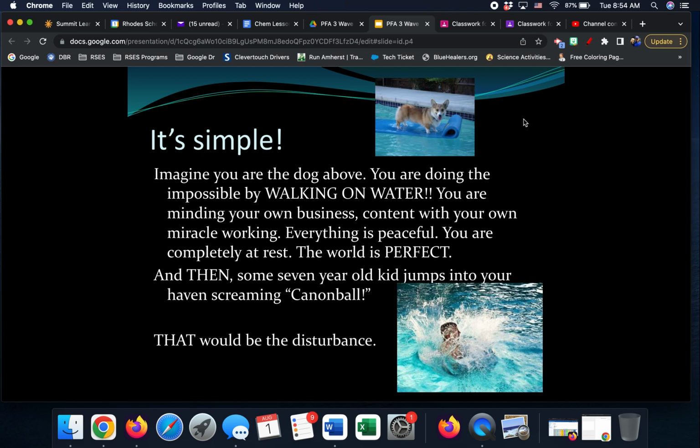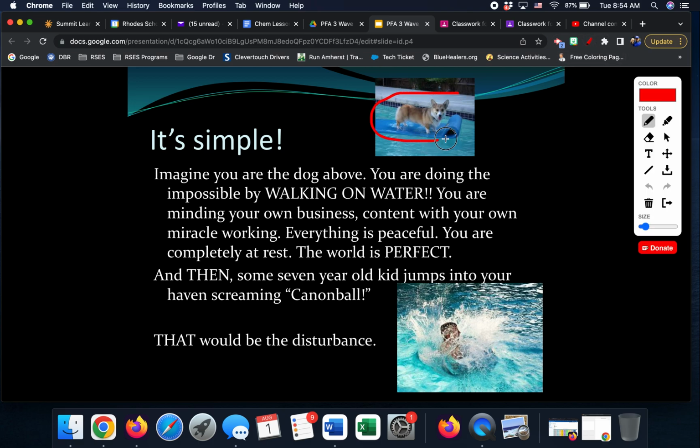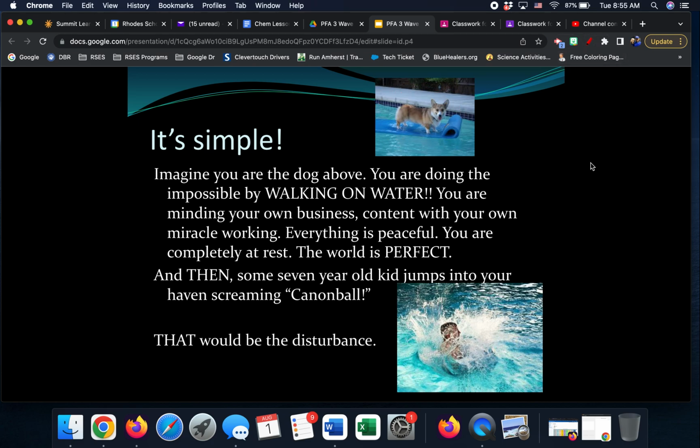All right, so here's another example. Look at this dog up top. He's in a pool on top of a float. One day he's sitting there and somebody decides to jump in and do a cannonball. Well, the cannonball, the kid jumping in, would be the disturbance. That's the kinetic energy that he's transferring to the water. The water takes that energy from where the kid jumps in and transfers it over to the dog. So again, energy is transferred. What's it transferred through? The medium is water, and the disturbance is the kid jumping, because that's where the energy came from.